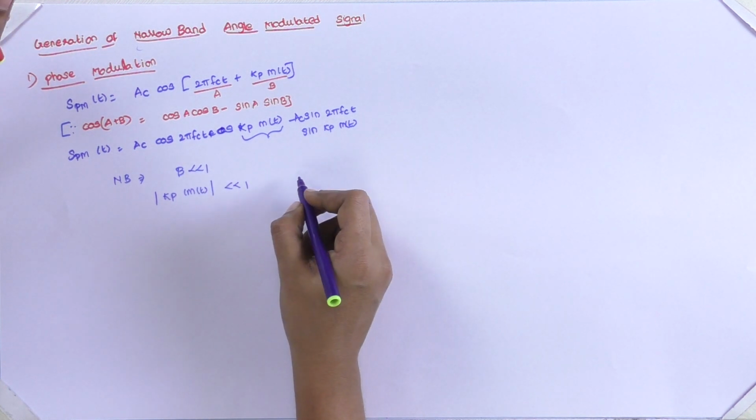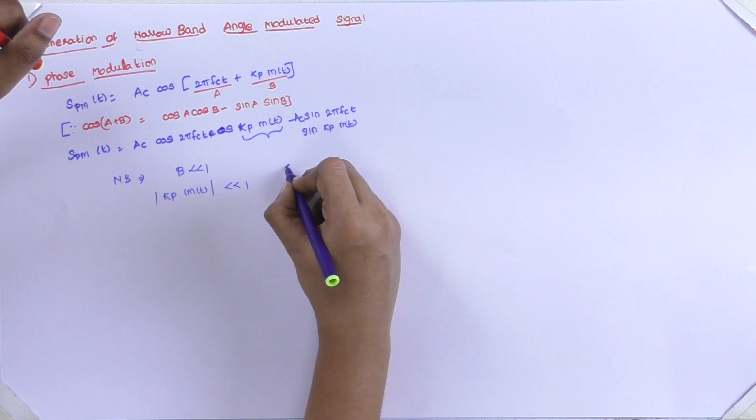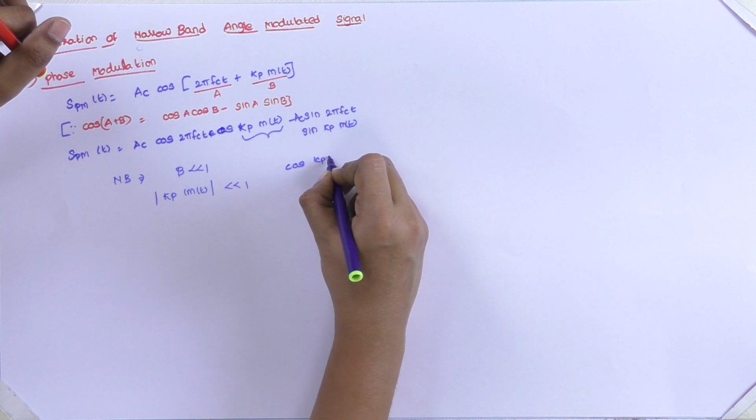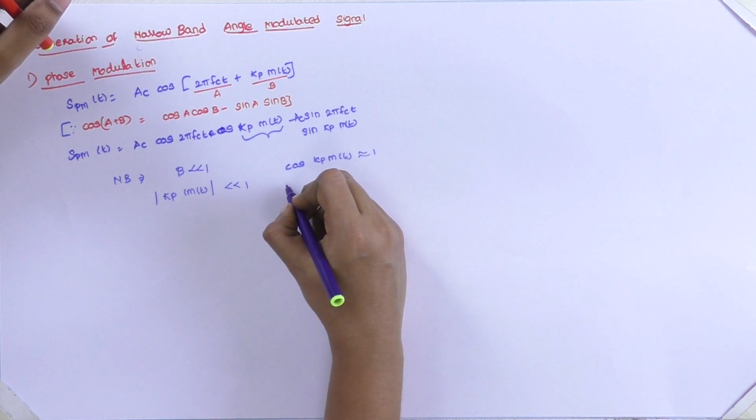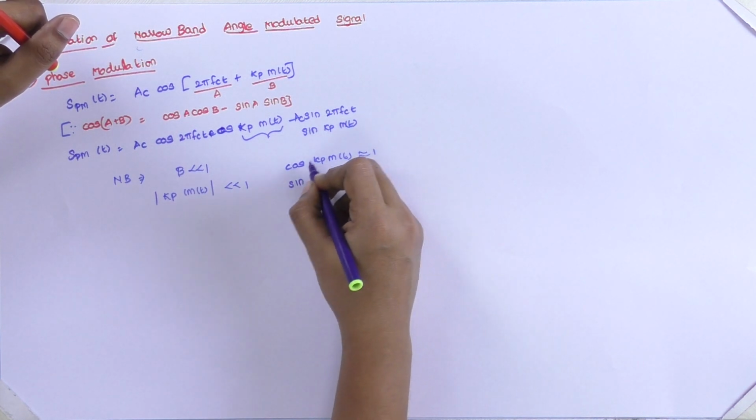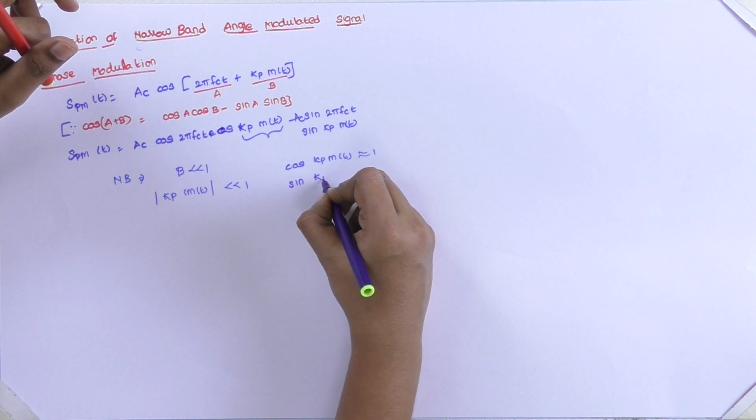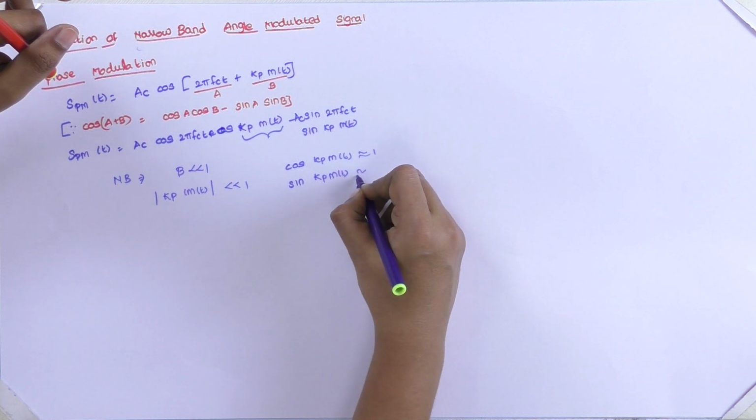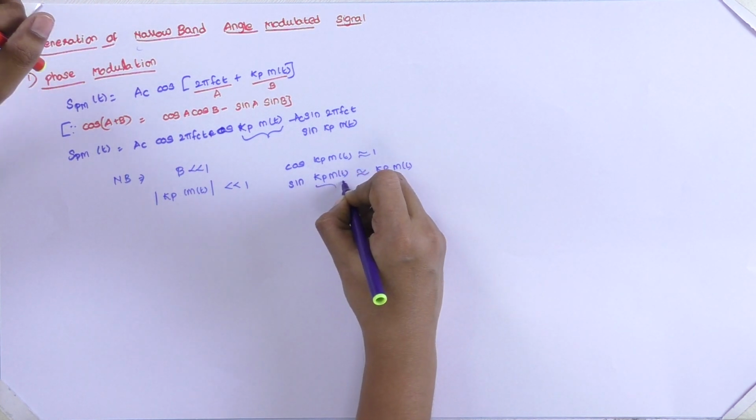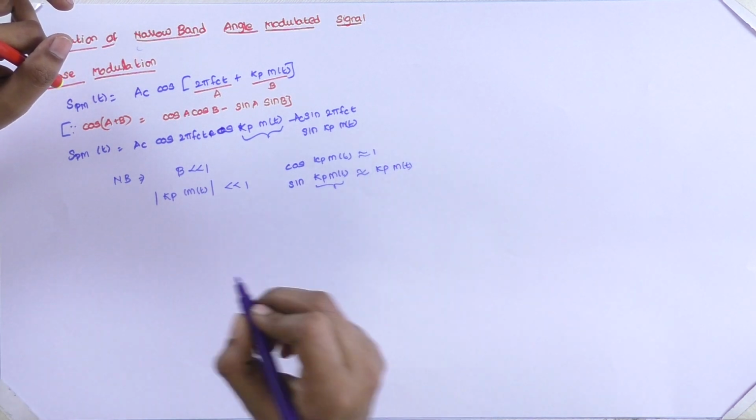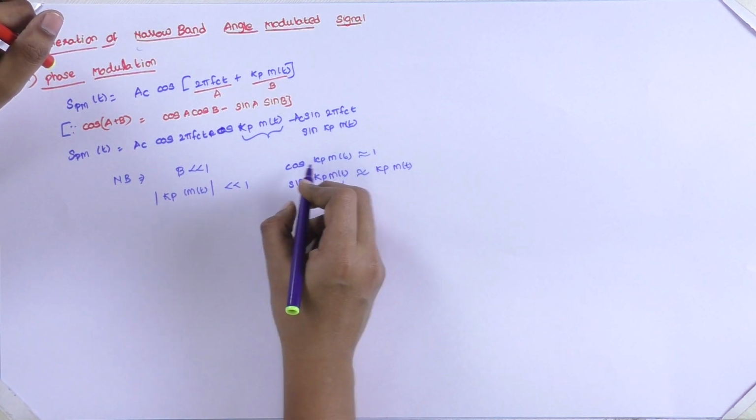Less than 1. Therefore, we can replace cos kp m of t as 1, and sin kp m of t is the theta value, since the minimum value for cos is 1. Therefore, kp m of t. This is our value, right? Minimum. Therefore, by substituting this,